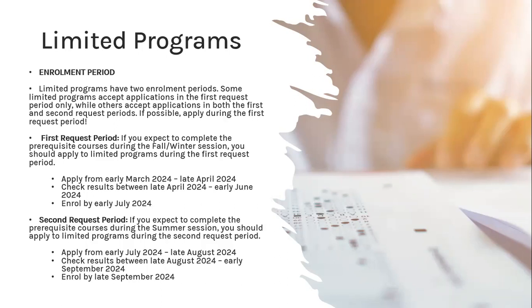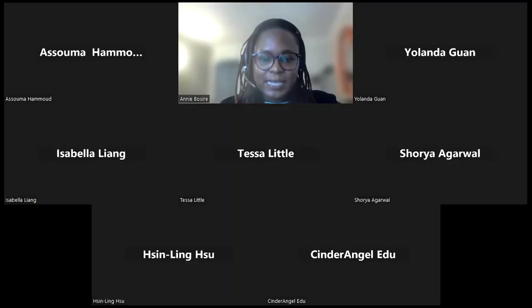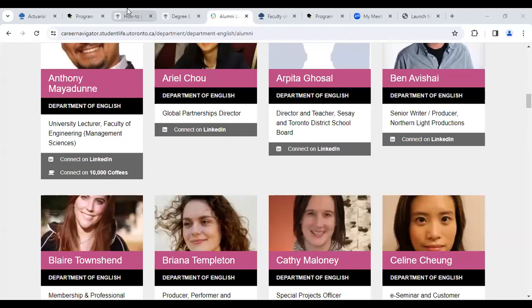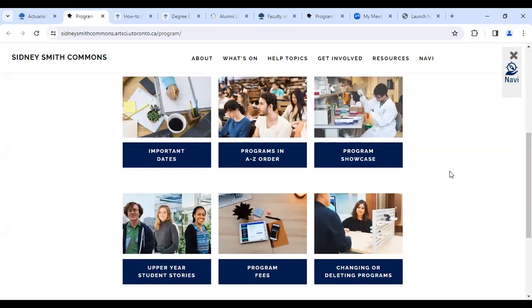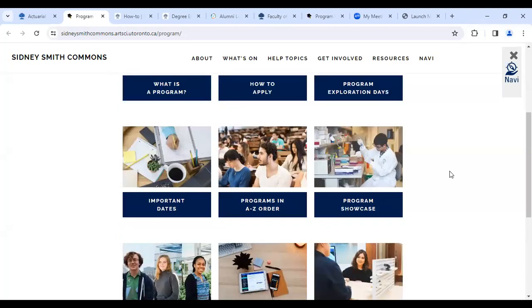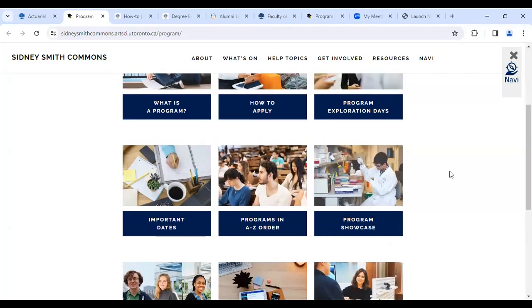Okay, so I'm going to show you how to view all this information easily through some of the tools that we went over earlier on. When it comes to the program toolkit, this will be your place to look up the different program types. And if you wanted to just have a quick overview, the programs in A to Z order will be the place to do that.